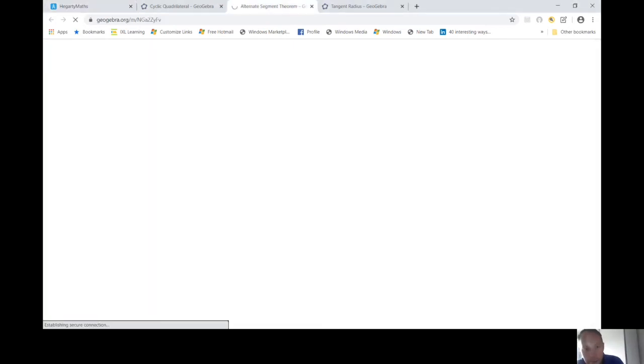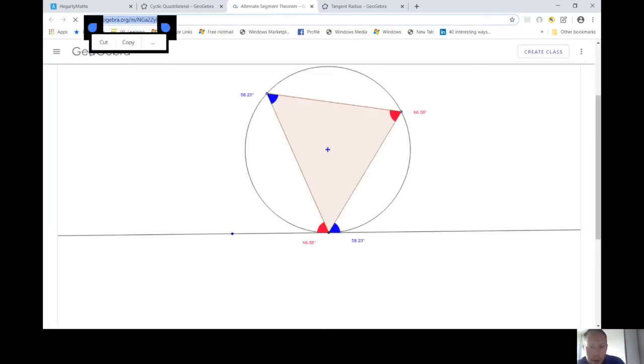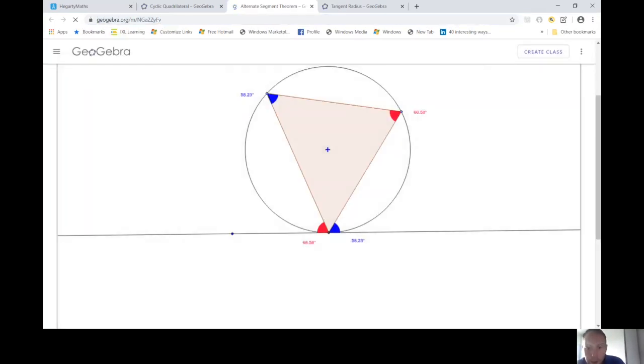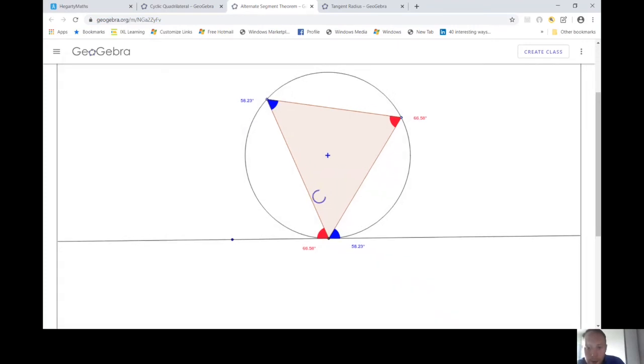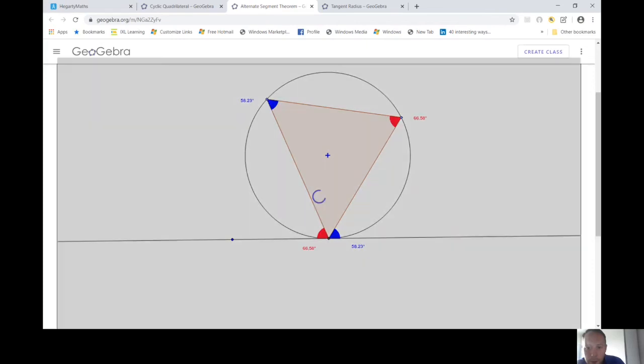I'm going to show you a demonstration of how this works. So if I take any point on here and I move that point round on the circumference of the circle,